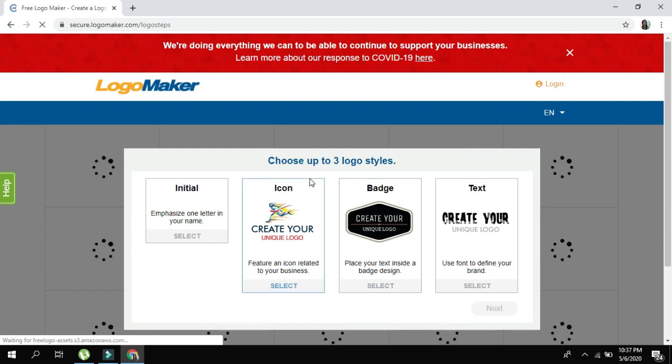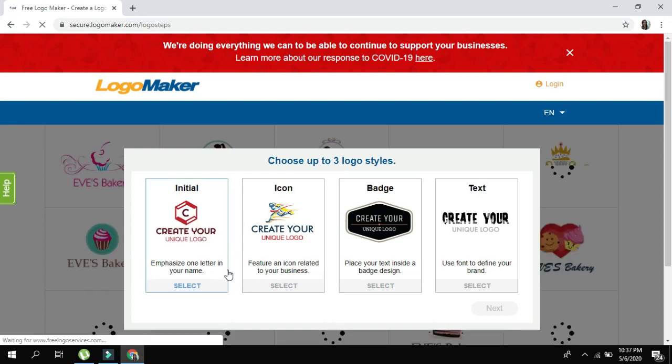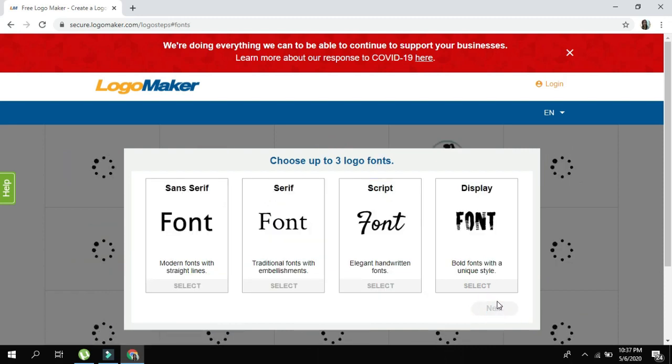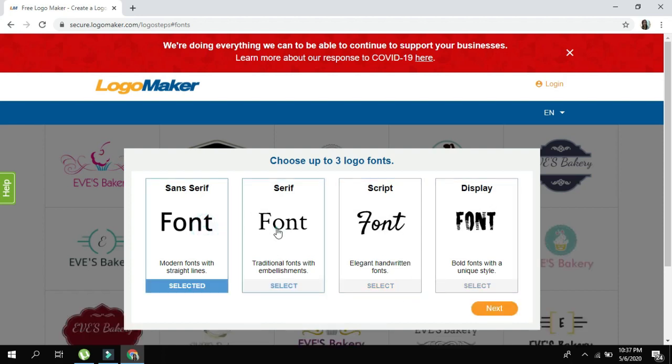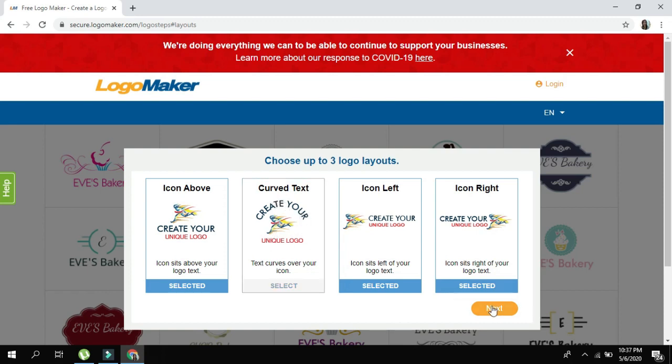And then after that, it says choose up to 3 logo styles. We can either have which one? Let's say this one, or this one. Then click next. Then choose up to 3 logo fonts. And then so this will be my font style. Then next, choose up to 3 logo layouts. So I will be this 3 like that one. Okay, then next,